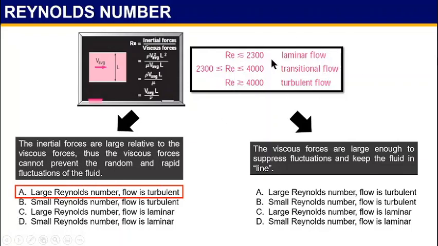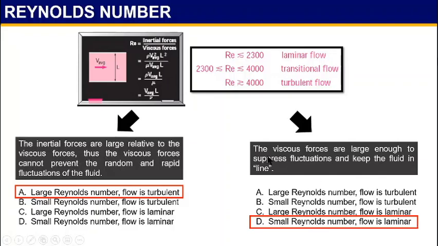The viscous forces are large enough to suppress fluctuations and keep the fluid in line. Which one is the answer? Large Reynolds number, flow is turbulent. Small Reynolds number, flow is turbulent. Large Reynolds number, flow is laminar. Small Reynolds number, flow is laminar. Of course, D. Small Reynolds number, flow is laminar. Viscous forces are large enough to suppress fluctuation and keep the fluid in line, so we get a smaller Reynolds number,